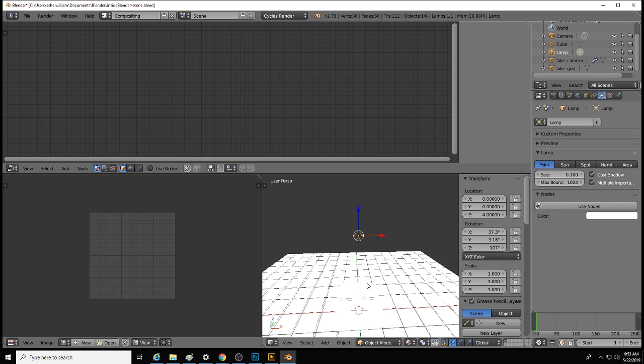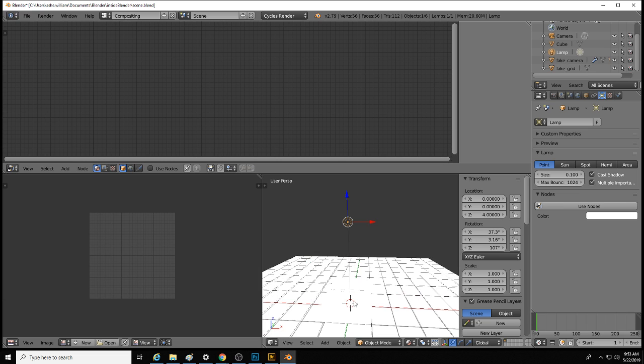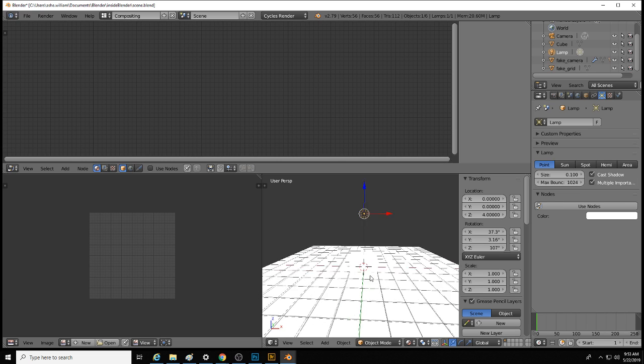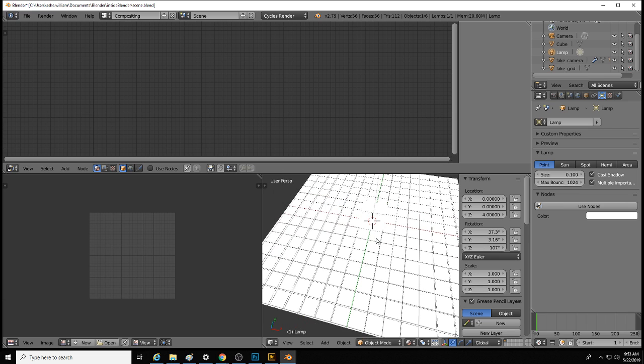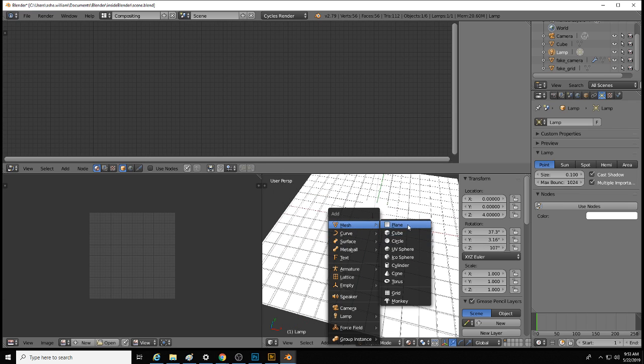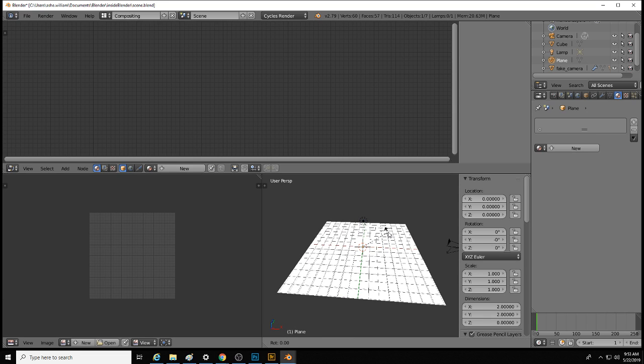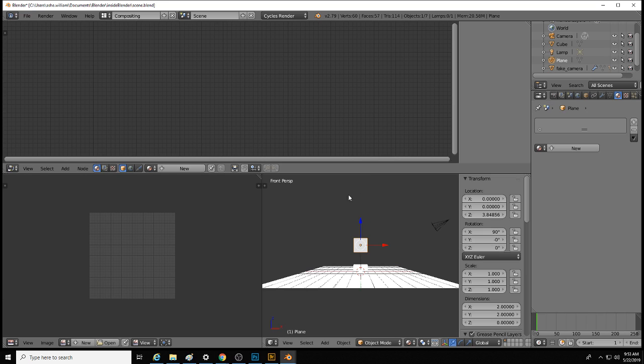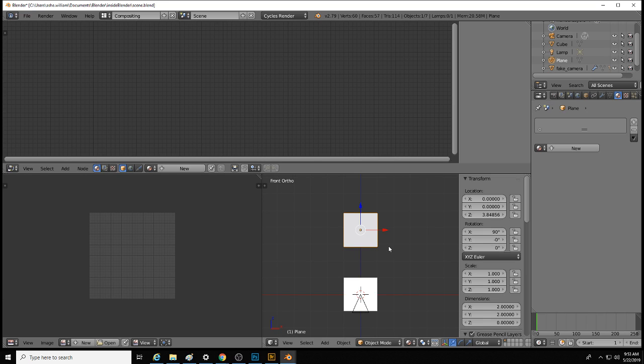Okay, so to make this, I'm going to add a plane. So Shift C, I think, to center my 3D cursor. I think it does that. And then Shift A, mesh plane. And then I'm going to R X 90 to bring it upright. And then I'm going to bring it in front. I'm going to go into orthographic perspective, and I'm going to shrink that until it's about the size of my light, right? And then I'm going to Control A, apply scale,